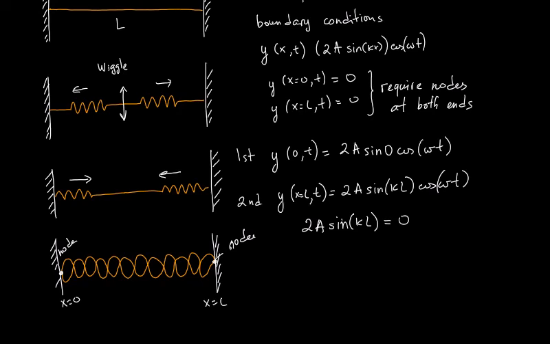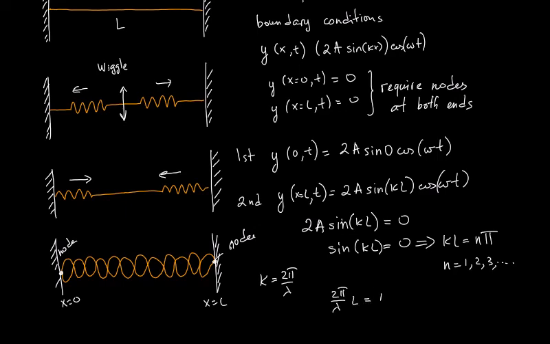And this is true whenever sin(kL) equals 0, which leads us to say that kL should equal nπ, where n equals 1, 2, 3, and so on. Remembering that k equals 2π over λ, I'm going to write (2π/λ)L equals nπ,